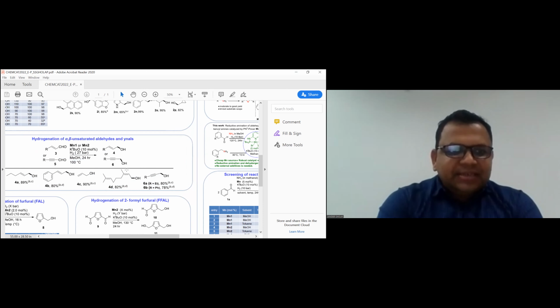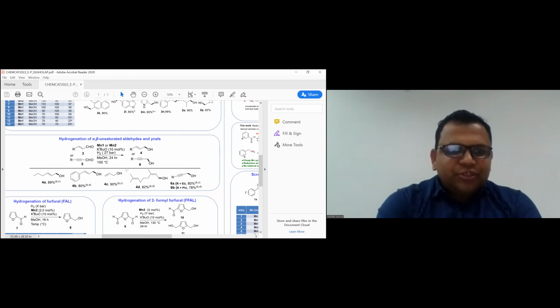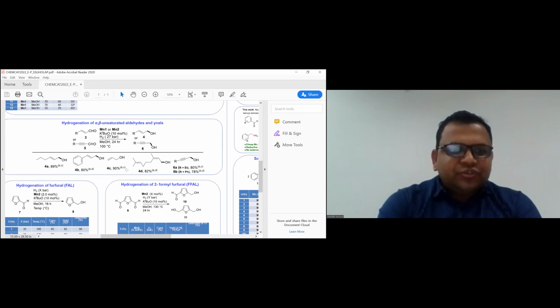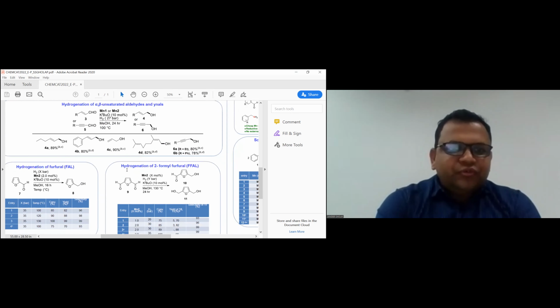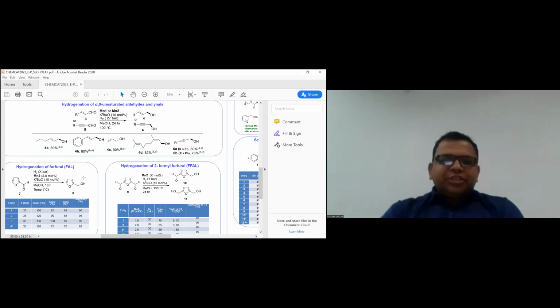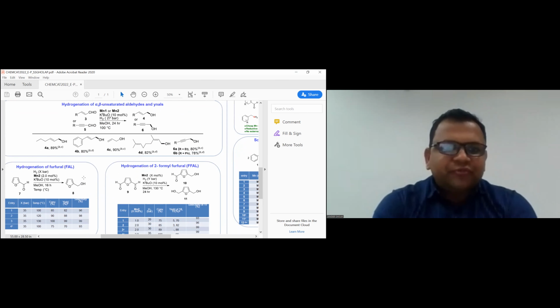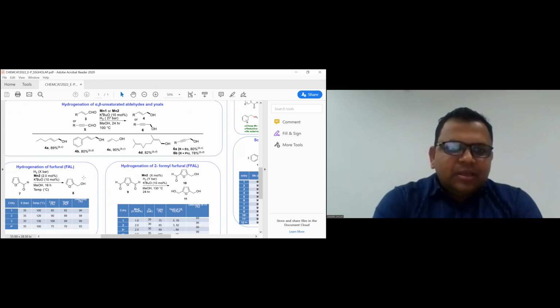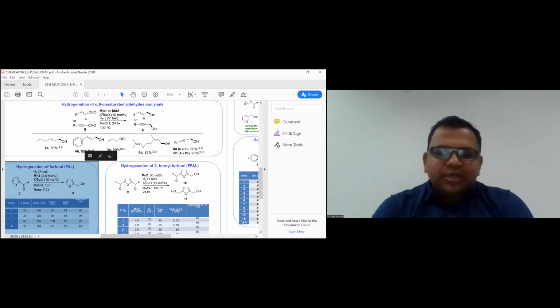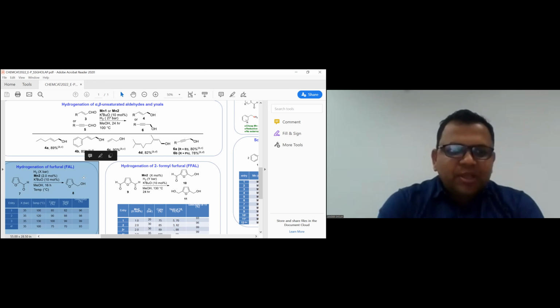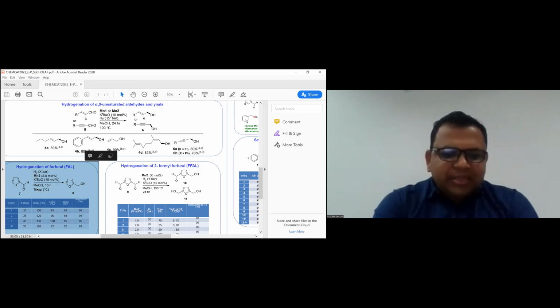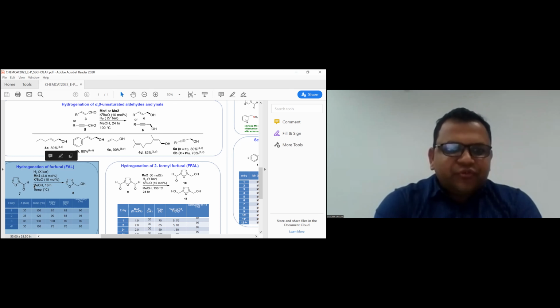Later on, we also studied that this methodology could apply for the transformation of furfural into furfuryl alcohol, which, as most of us know, is an important feedstock for various industrial uses, for further conversions like gamma-valerolactone, and is very important from a pharmaceutical point of view. By tuning some reaction conditions in the presence of methanol, we can successfully achieve the reduction of furfural to furfuryl alcohol.